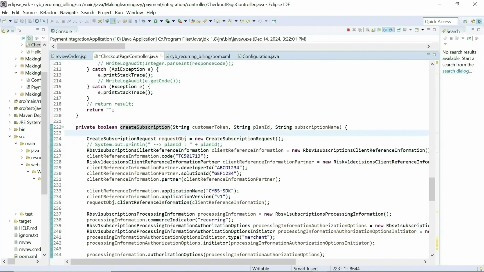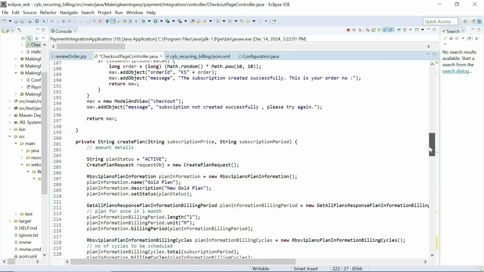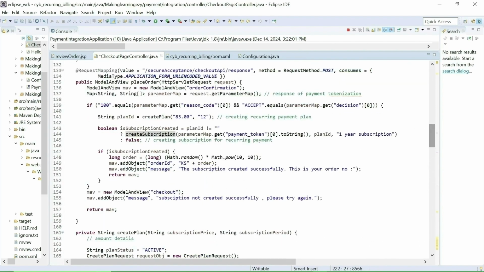Based on the return value of this create subscription method, we decide whether we need to show the order confirmation page or we need to show the error to the customer. If subscription is created successfully, we create the order number and we redirect customer to the order confirmation page.